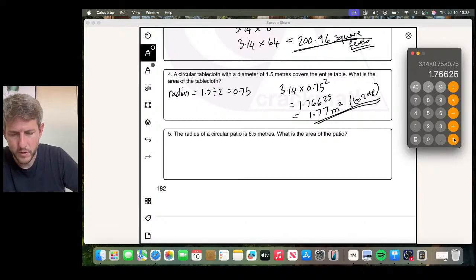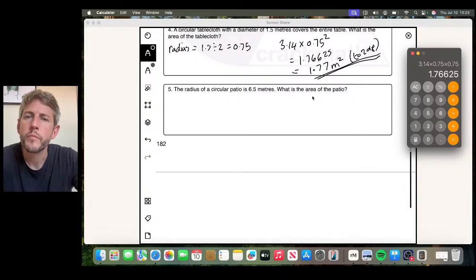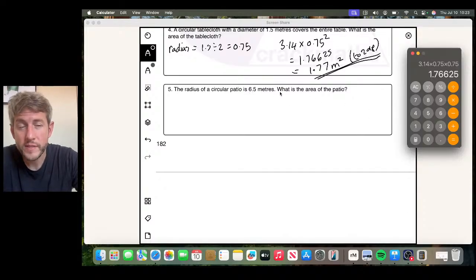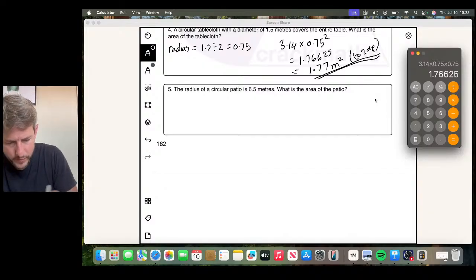Okay. And then question 5. The radius of a circular patio is 6.5 meters. What is the area of the patio? Okay, so